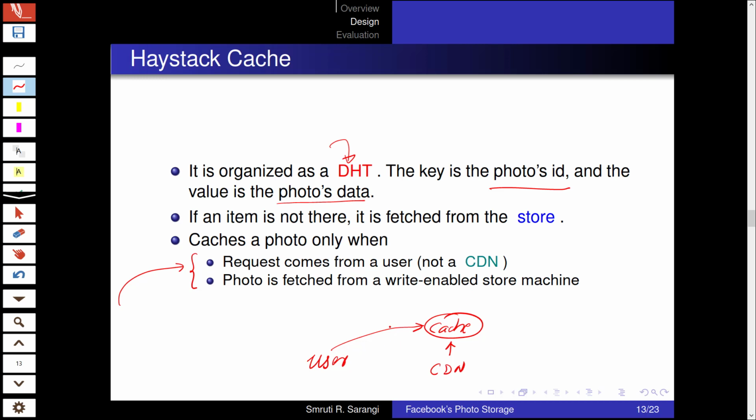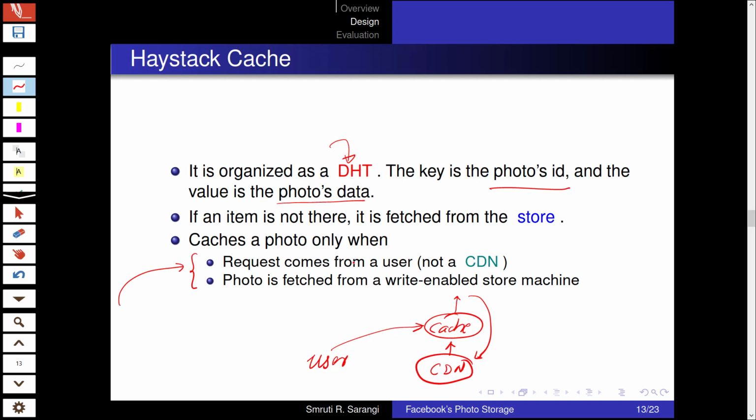If it is actually coming from the user, not from the CDN, it caches the photo. The reason is that the CDN itself is a cache, so there is no reason why the haystack cache should also cache the photo, because if the CDN does not have a photo, it will anyway get it from the store and then the CDN will cache it. So there is no reason for us to cache it twice. But if the user is directly requesting the haystack cache, then it will cache the photo.